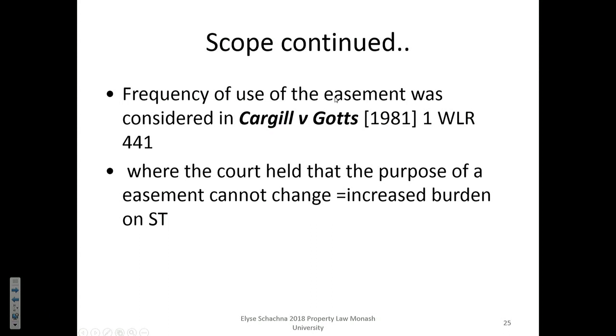The court found that Cargill had the benefit of an easement to take water. The abstraction of water after 1965 was in fact illegal without a license. But if Cargill could establish that he had an easement before then, he could continue to take the water. So let's understand how much water was being taken. So if I go through the facts of the case,